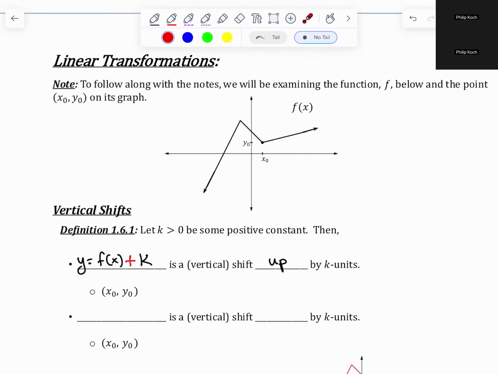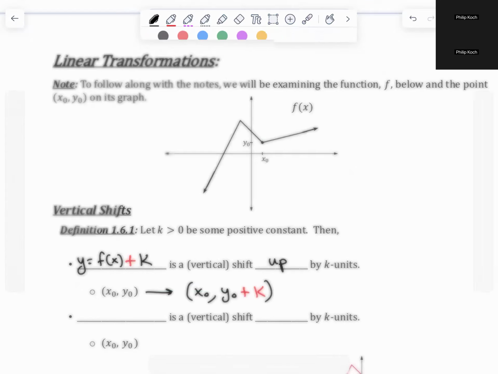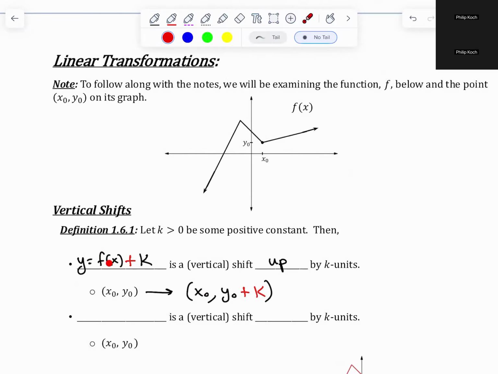And so we're looking at what's going to happen to this point x naught, y naught. What's going to happen is your original point is going to get shifted up. That means that it's not moving left or right, so its x coordinate is going to stay the same. It's going to get shifted to x naught, comma, y naught plus k. And that makes sense if you think about the function notation. When I plug in x naught into this, I'll get the y naught value, and then I'm adding on an